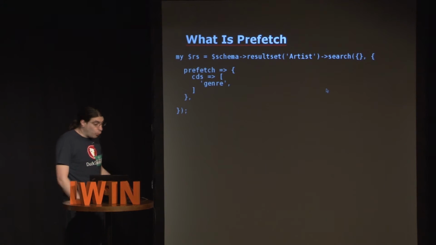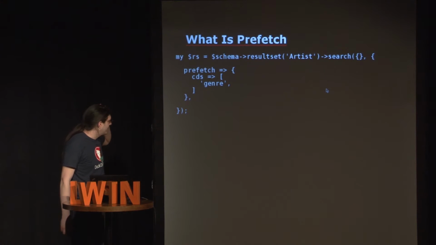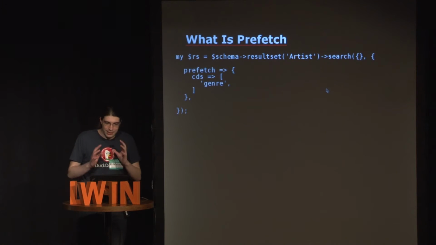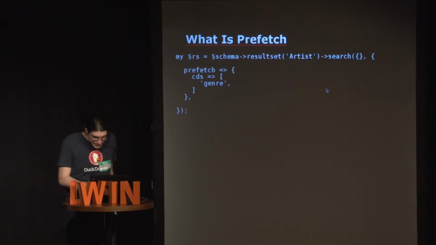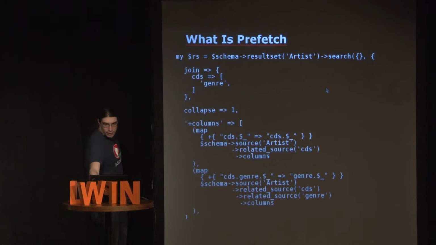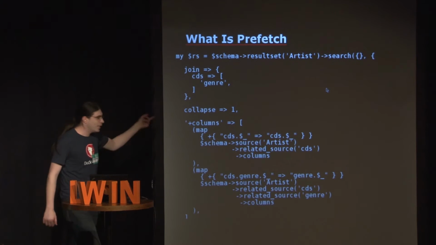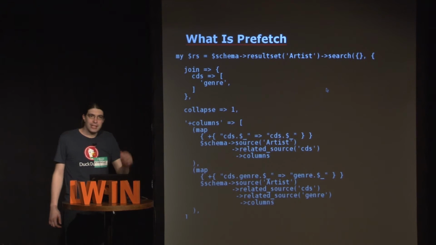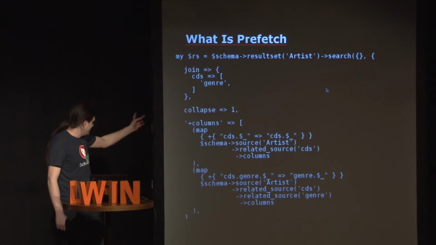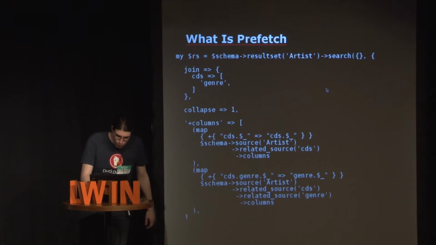So, but what really is prefetch? Actually, there are so many people that come into the channel that are seasoned users, and they do not really understand what this is. What this is, is just that. So we change our prefetch to a join without anything else. We add a collapse flag, and then we select extra columns to go with the result set that we already have. Now, this is like scary map stuff that only Matt Trout would write,